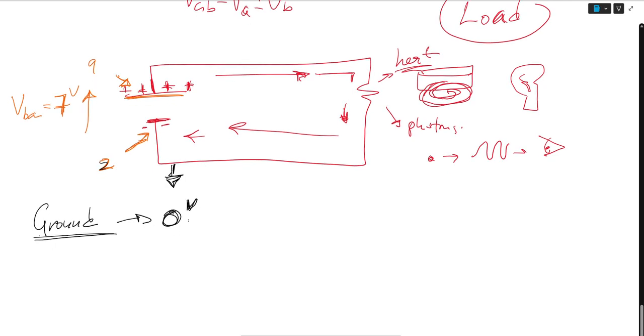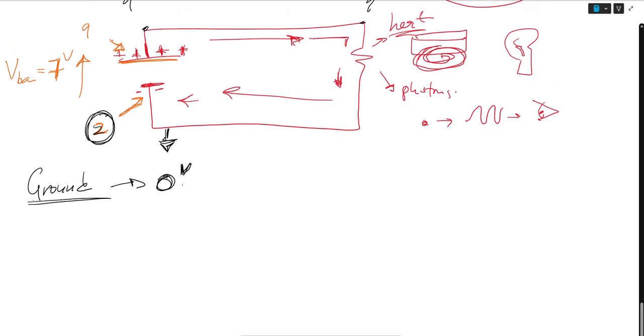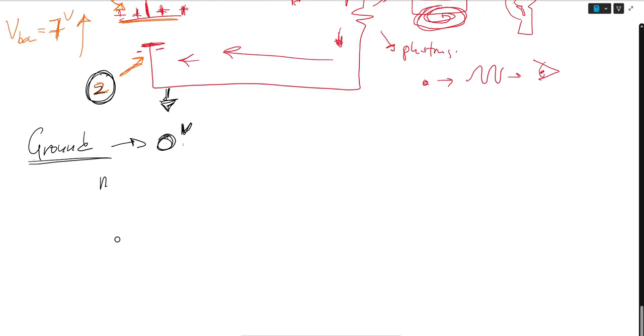This can be my ground, but it's 2 volts. But compared to everywhere else in the system, where this is 9 volts, this is 9 volts, it's the lowest voltage. So again, we define some location to be real ground from which all other voltages can be calculated. And for convenience, this is the lowest voltage in the system, where the ground for a mobile system, such as